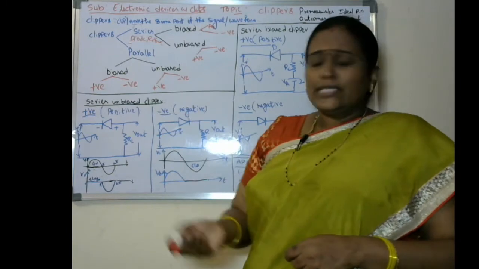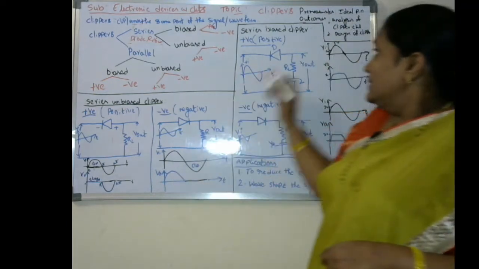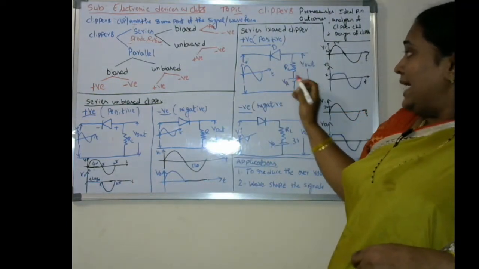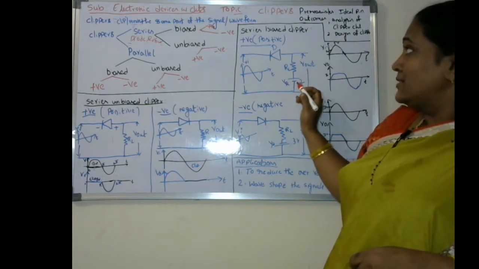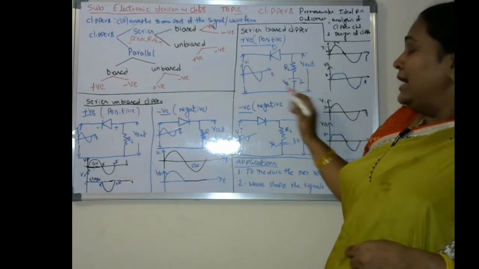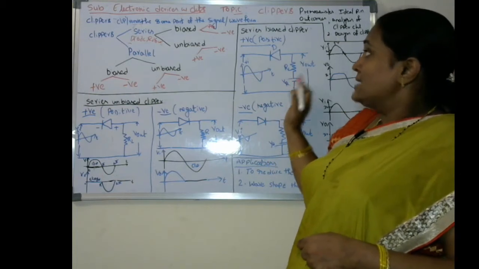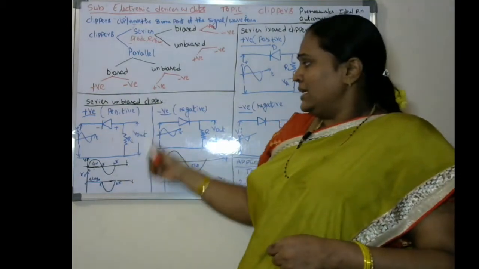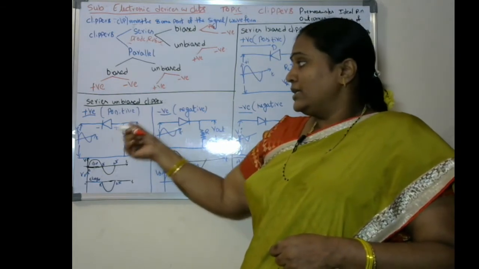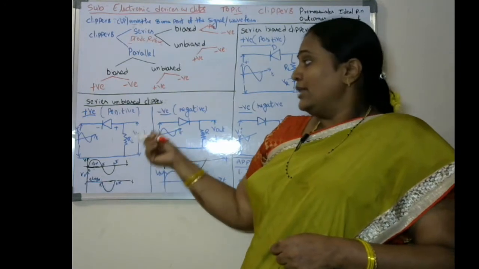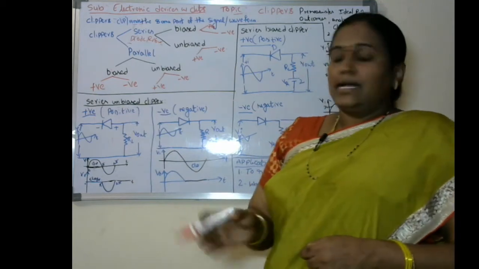And if I am not using any voltages, if you observe in this, I am not using any voltage over here, but in the biased case, we are using an external potential or external voltage. This type comes under the biased case. If you are using the reference voltage, that type of circuit we are going to call a biased clipper. If I am not using any reference voltage with respect to the diode, or we are not giving any external voltage for the biasing condition of the p-n junction diode, this type of circuit we are going to call an unbiased clipper.